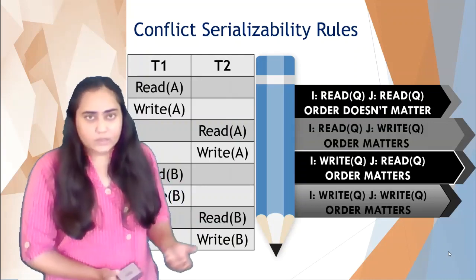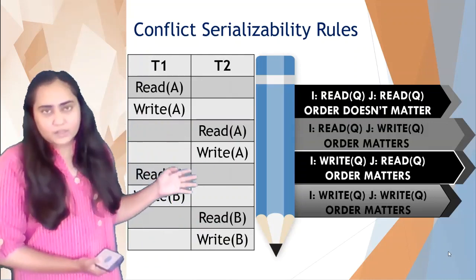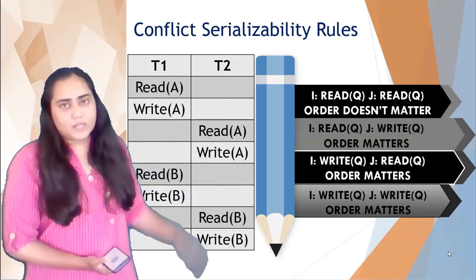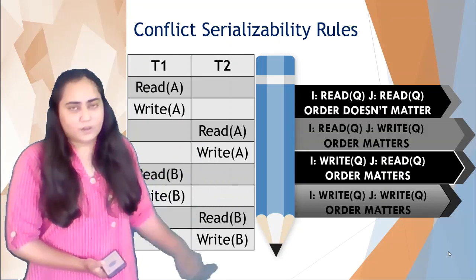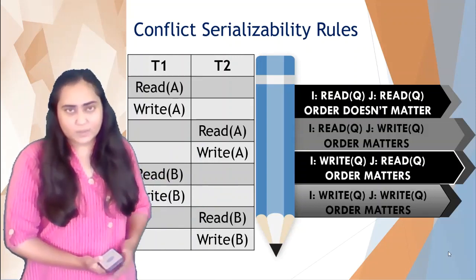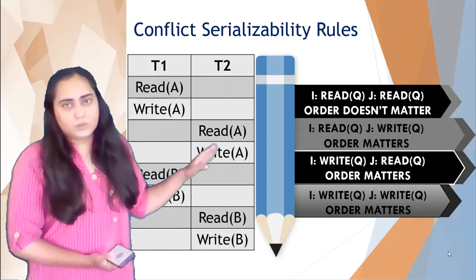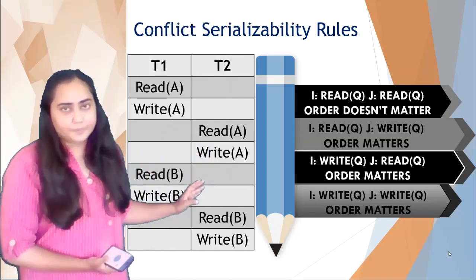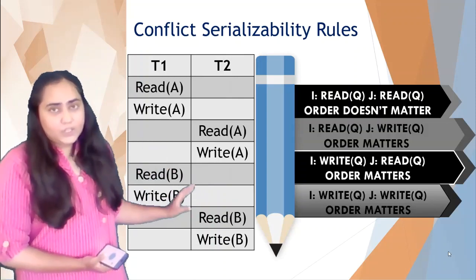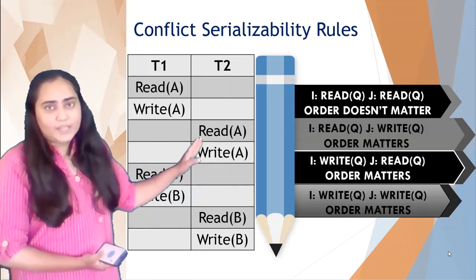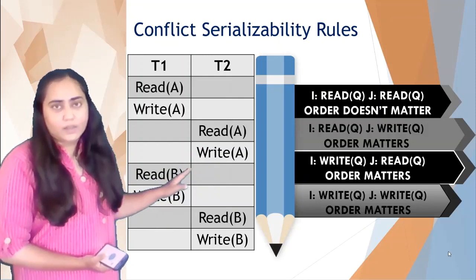But this also means that their order doesn't matter at all, because one transaction is trying to modify some variable and another transaction is trying to read some other variable. So what happens in T2 does not actually affect T1, which means I can change their order. So that means I can bring write A down and read B up.